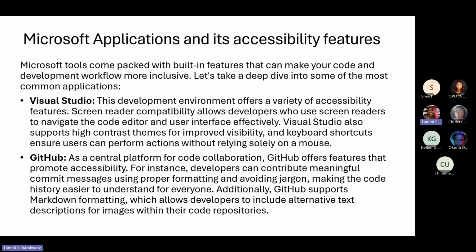Additionally, GitHub supports Markdown formatting, which allows developers to include alternative text descriptions for images within their code. Alternative text descriptions, it's more like you're having a picture on a particular page, and for people that can't see and they're using this application, when they use their screen reader to read what is on their screen, what is on their app, when they use the screen